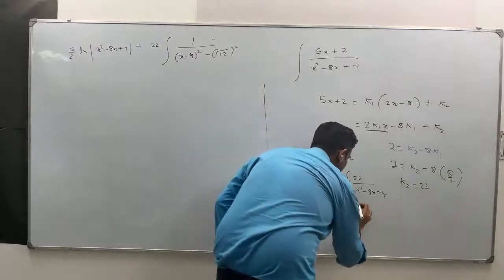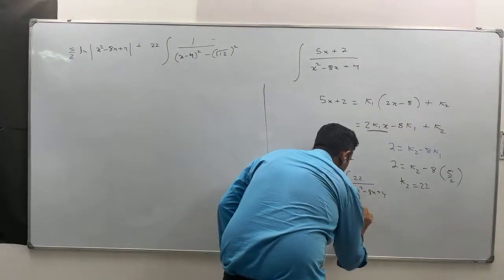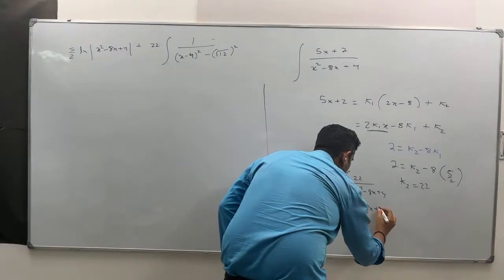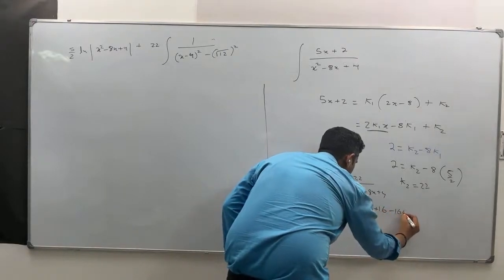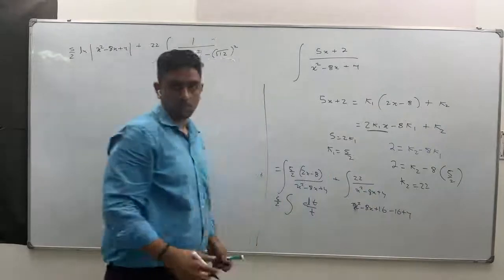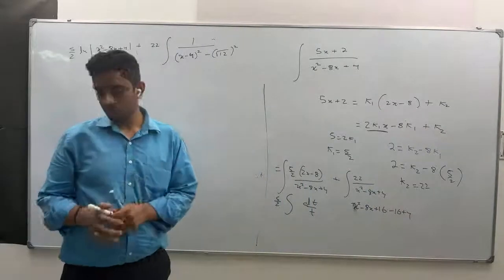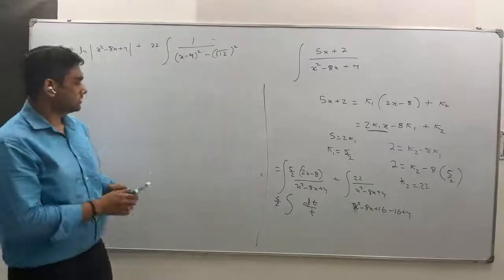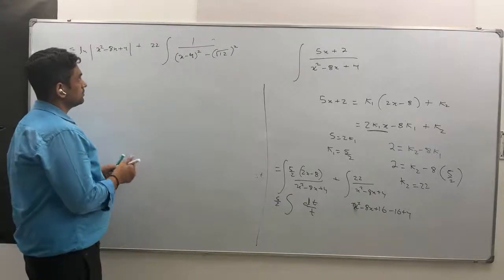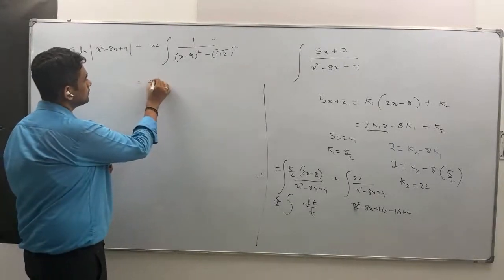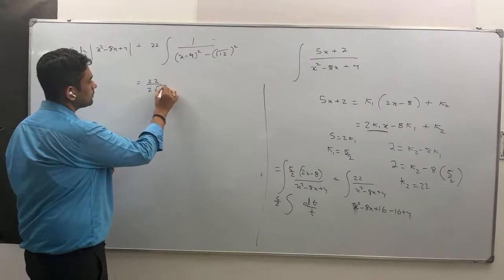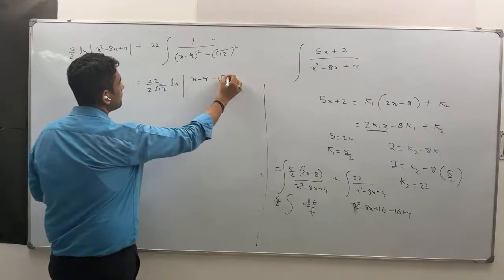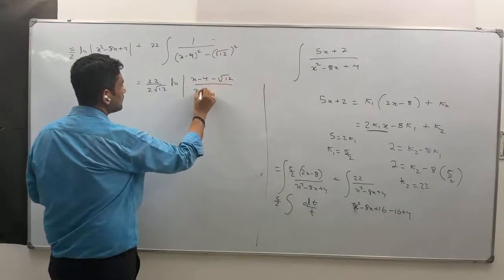What we are doing is writing it as x square minus 8x plus 16 minus 16 plus 4. All right, so using the formula, what will this value be? Correct, we get x minus 4 minus root 12 upon